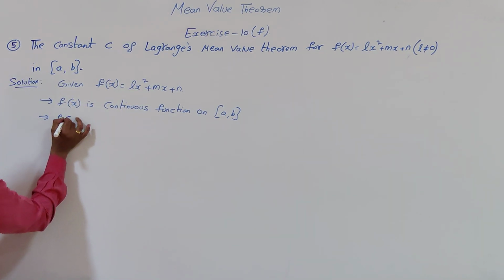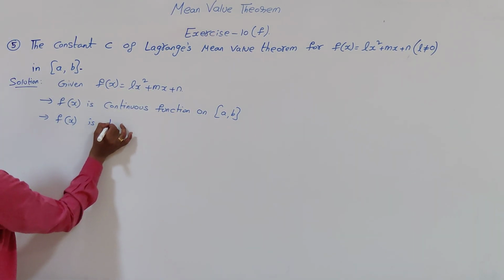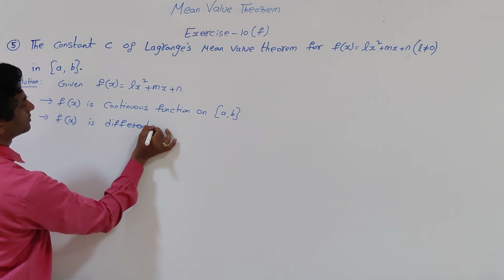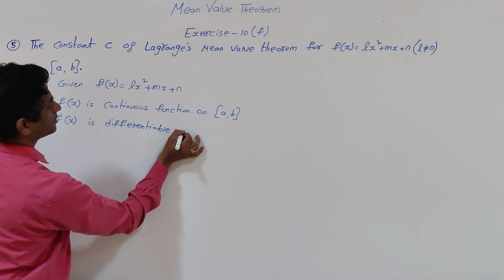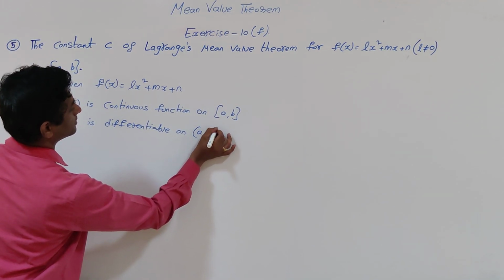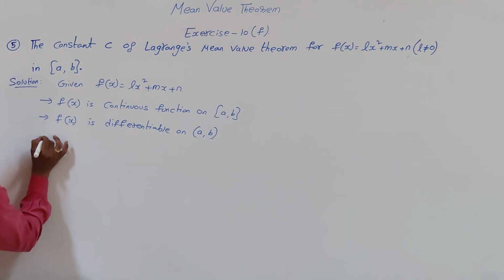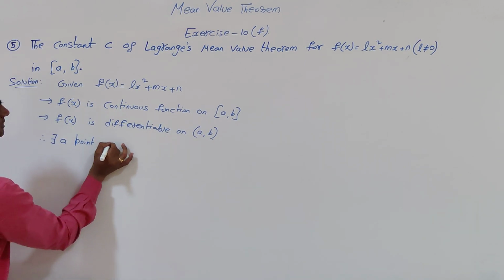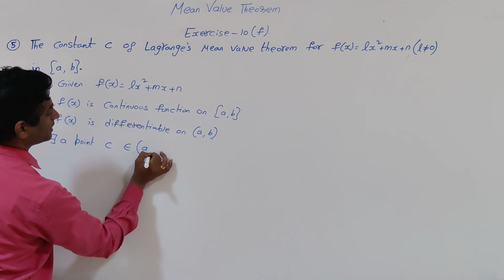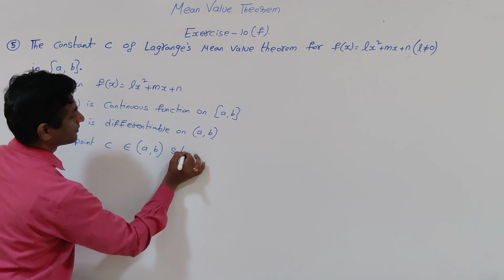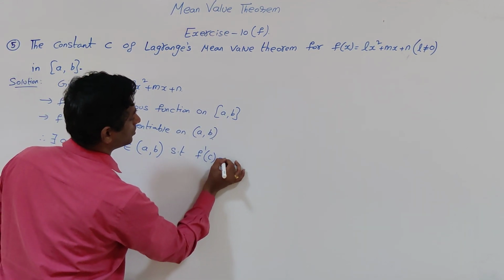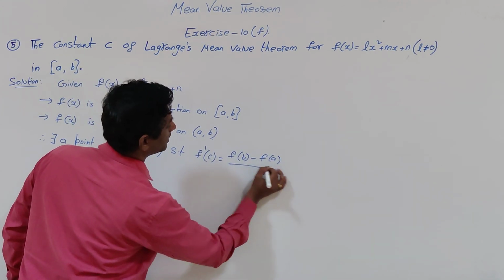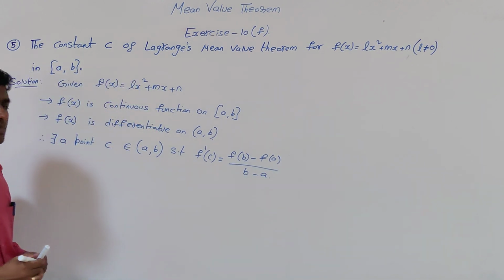Second, f of x is differentiable on open interval a comma b. Therefore, there exists a point C belongs to open interval a comma b such that f dash of C is equal to (f of b minus f of a) by (b minus a). Now,